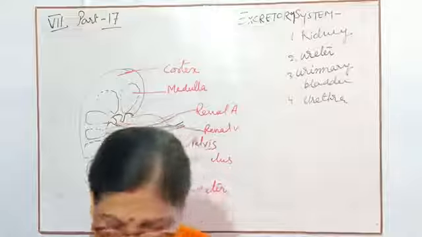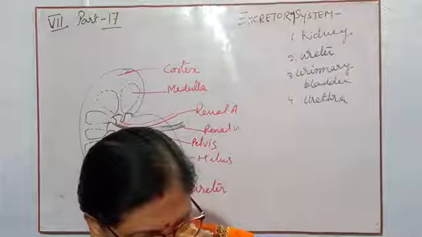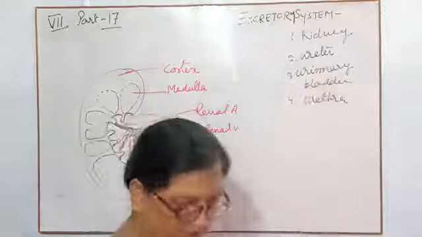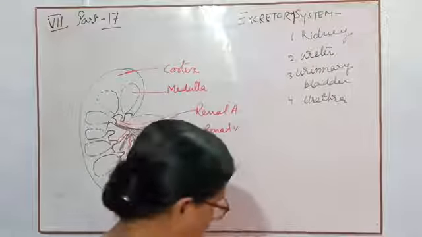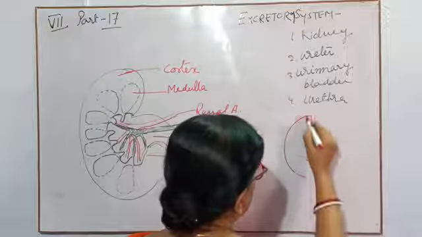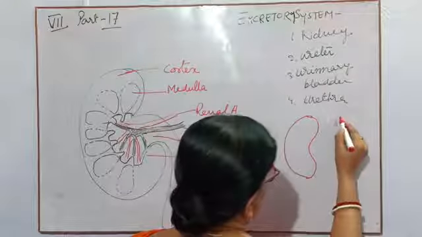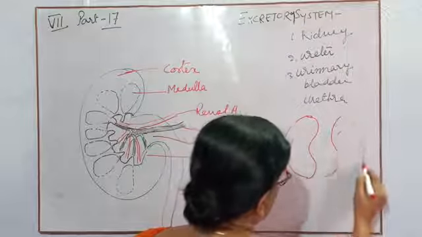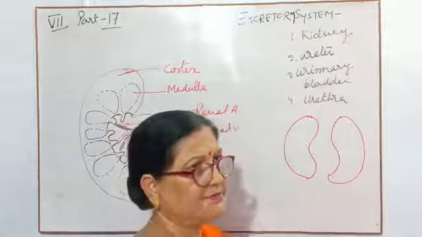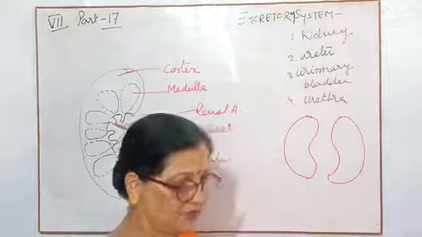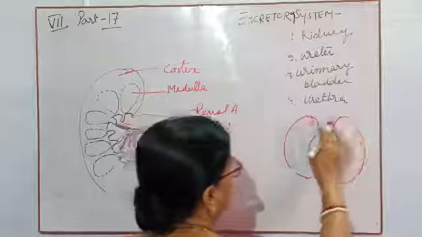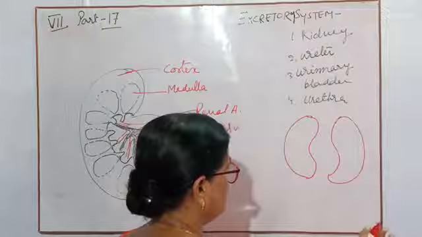The main part is the kidney. A pair of kidneys, these are the main excretory organs. The structure of the kidney I will explain later on. First, simply I am telling you, we have a bean-shaped structure in our body, one on the left side and one on the right side. These two are the kidneys. In other classes, I think in 8th class, above the kidney there are some glands, so no need to know about that gland now.